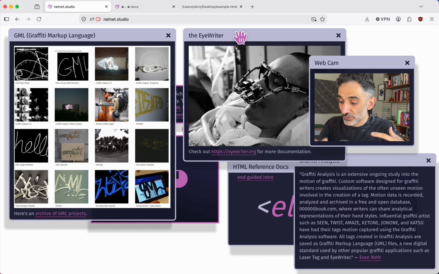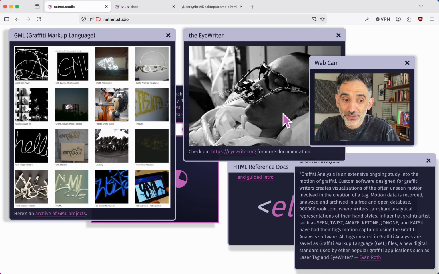And the reason they did that was actually for this artist, this graffiti writer, Tempt 1, who is stricken with ALS, or Lou Gehrig's disease, which essentially affects the motor functions of his arms and legs, which he is no longer able to move, but he is able to move his eyes. And so with this sort of hacked camera, they track his eye movements and generate these GML files, these graffiti